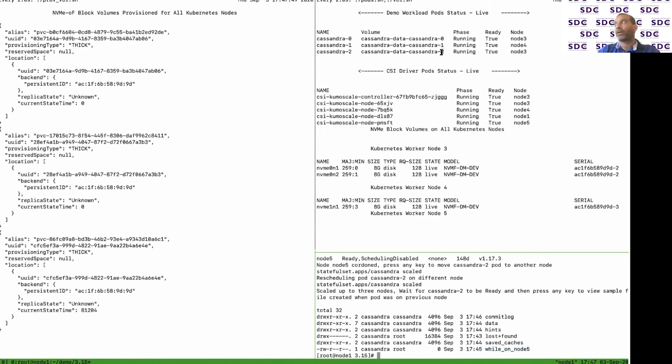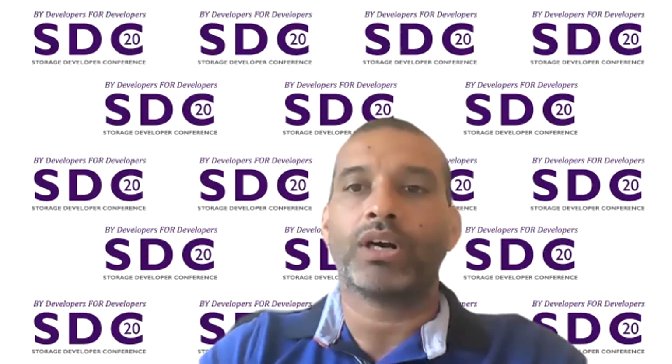That way our persistence travels with the pod no matter on what node it is. And I have already explained that this is remote storage, but we are not compromising on performance. Performance is like local.